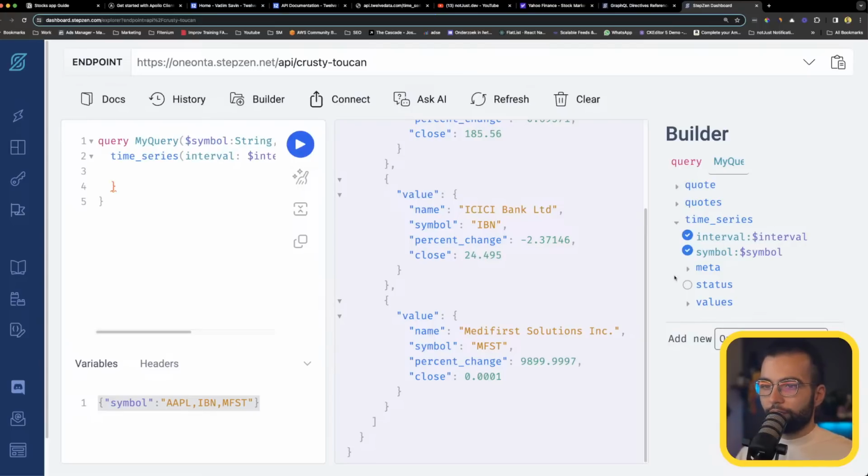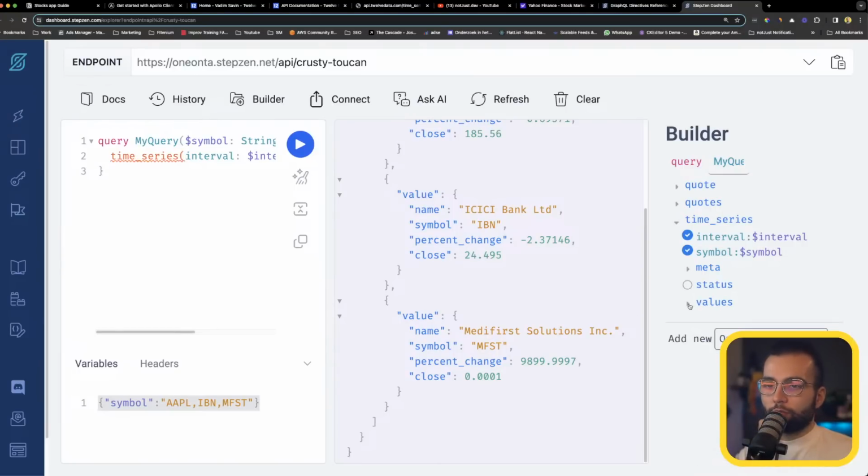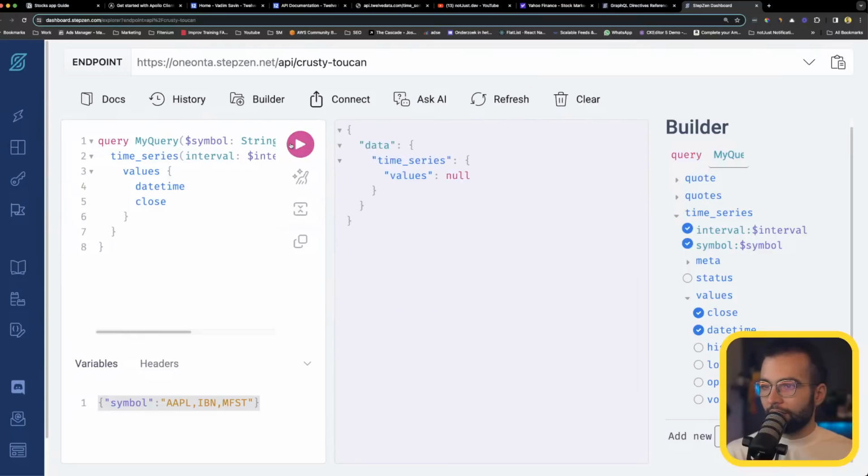Let's open the object and let's see what information we're going to get back. For the meta, I don't think we need anything from the meta because this is the symbol, the type, and so on. We only need the values for our graph, and we need the values from the values. We need the date time and we need the closing value. If I send a request like this now, it's going to be null because